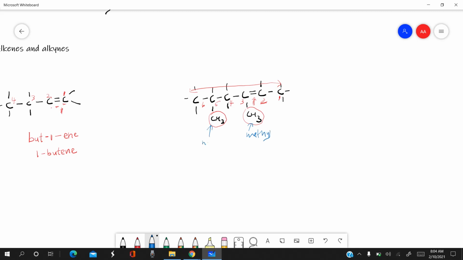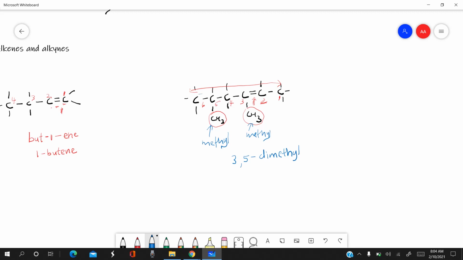Next step is, this is methyl group, even this is methyl group. So we first write the substituent groups, that is 3, 5. There are two methyl groups, so dimethyl,